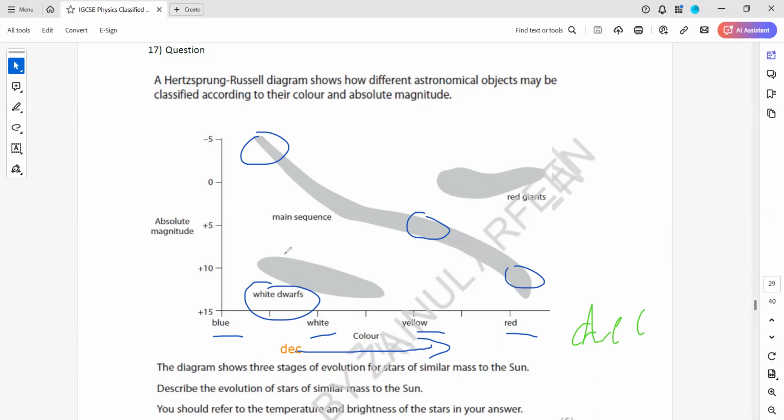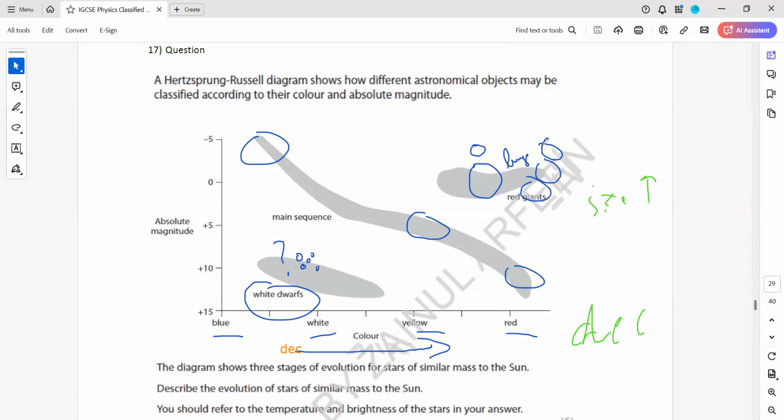Why do white dwarfs have high temperature but low luminosity? What could be the reason? Because they are small in size. The size is so small that it overcomes the high temperature. And red giants, even though they have a low temperature, why are they more luminous? Because they are larger. So red giants, because of their size, appear to be much brighter than white dwarfs, even